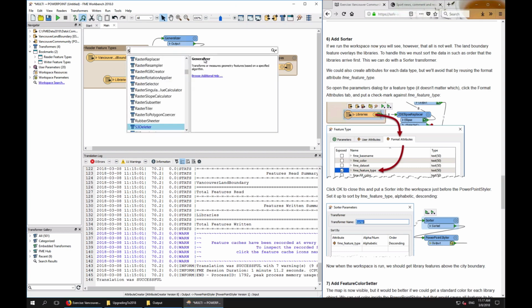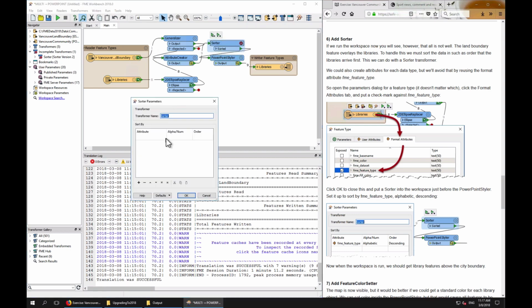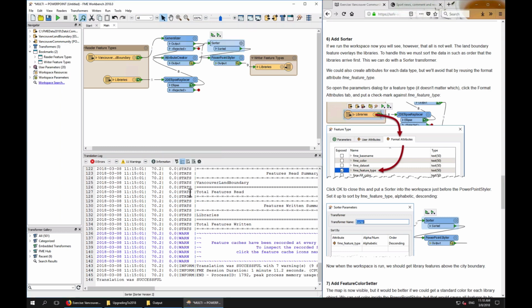We're going to put a sorter transformer before the PowerPoint styler and open that up. And I'm going to say sort by FME feature type. It's alphabetic and it needs to be descending, which basically means Vancouver land boundary is going to go first, and that's going to get written first, and then libraries will come after. They'll get written after, then they'll appear on top. So we're good. So we can run that